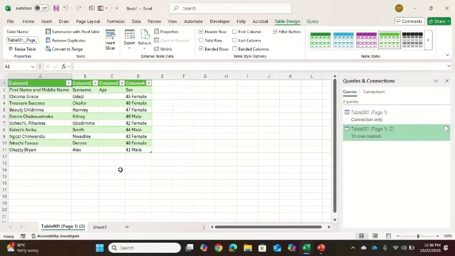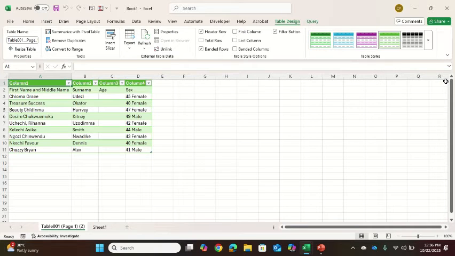It has appeared on our Excel. Close this, we don't need it. So if you noticed, under the column 4 here, we have sex, and our age numbers are also inserted under the column D, which is the sex column. So highlight it